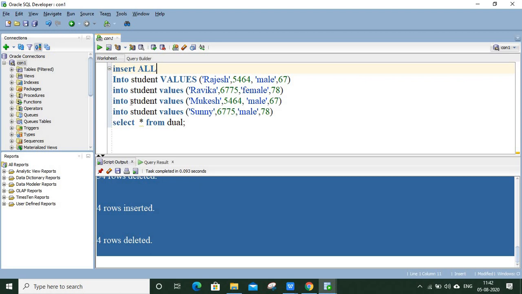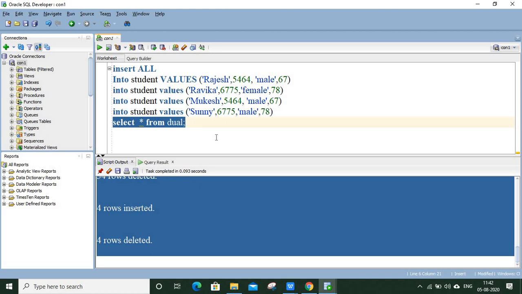and in the same way you will be writing into the name of the table and the values keyword again for every row you want to insert in the table student. At the end you will be writing this statement, that is select star from dual.